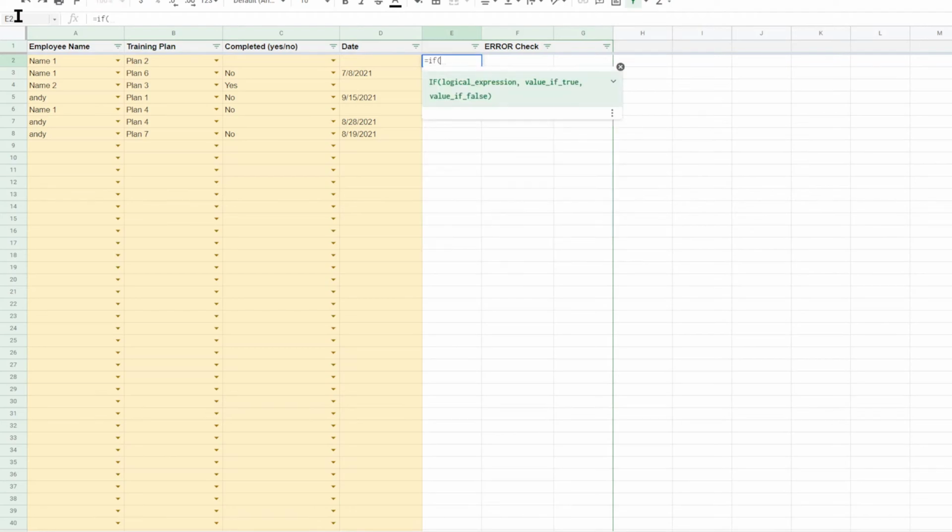Let's see. If array formula, if C2 to C is not blank, then 1. Let's try that. So if C is not blank, then give me a 1. So I know all these ones. If this is a 1, then this has to have a number. So now I do